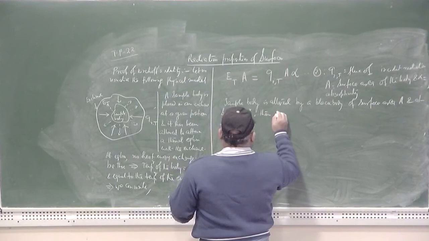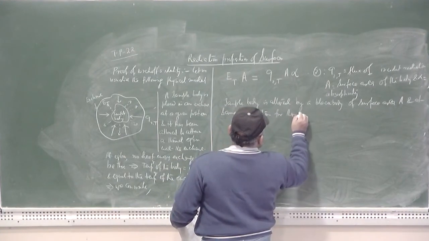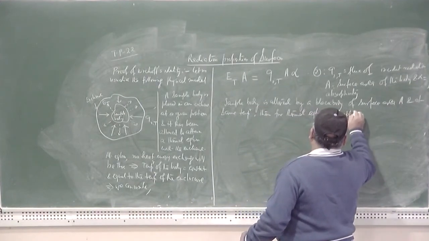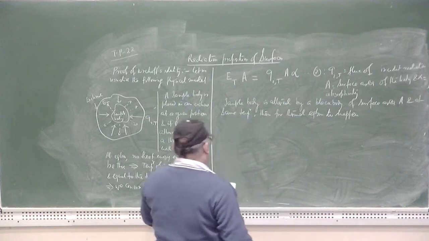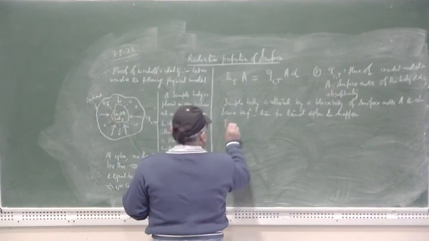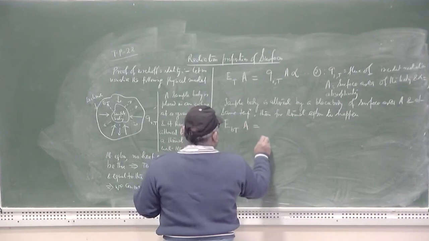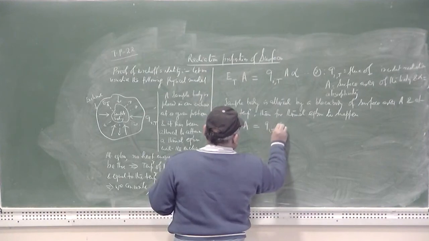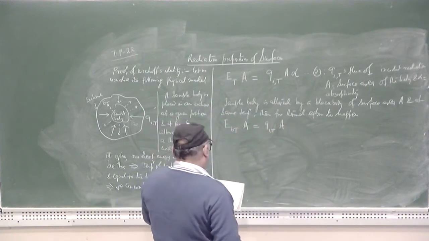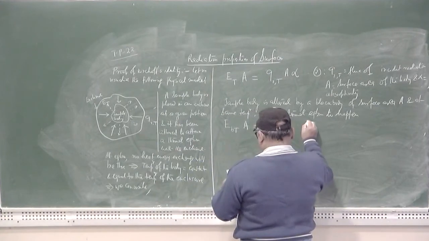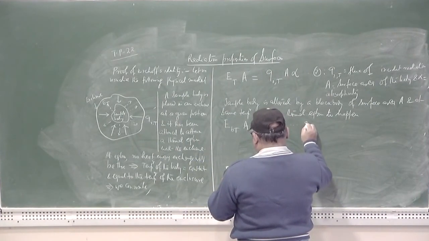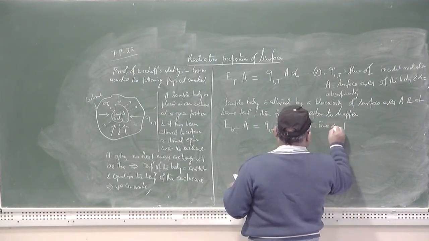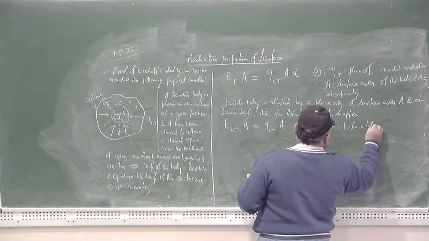Then for thermal equilibrium to happen, E b t into A should be equal to Q i t into A. Let it be equation number 8. Since alpha is equal to 1 for a black body,